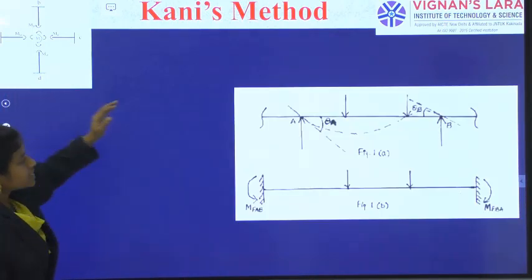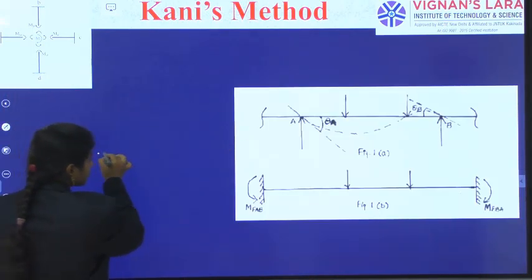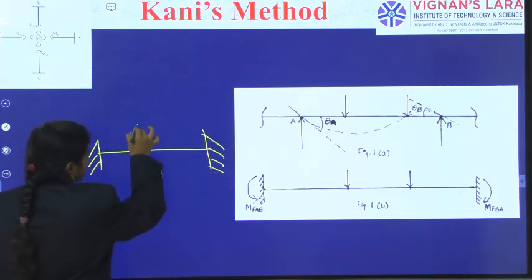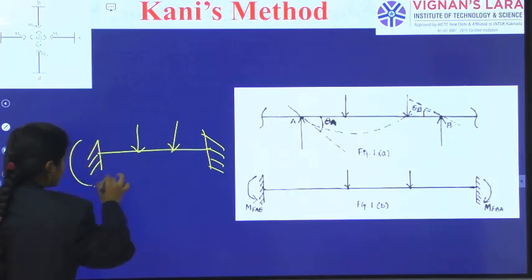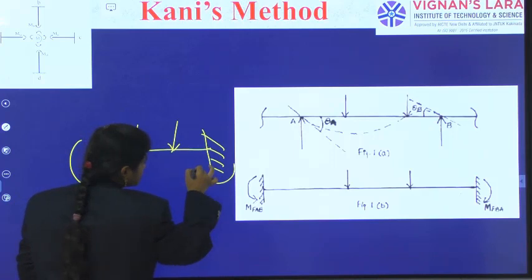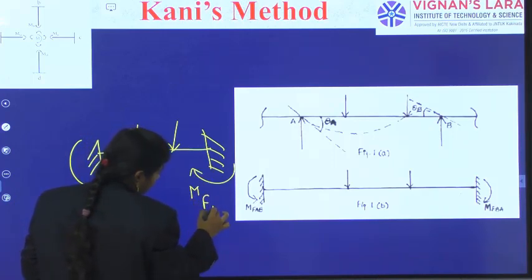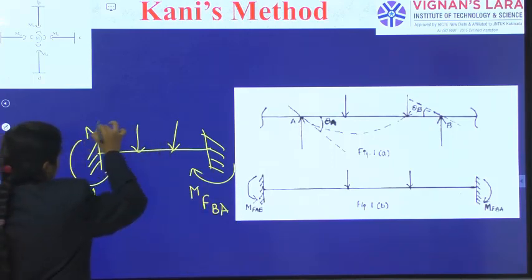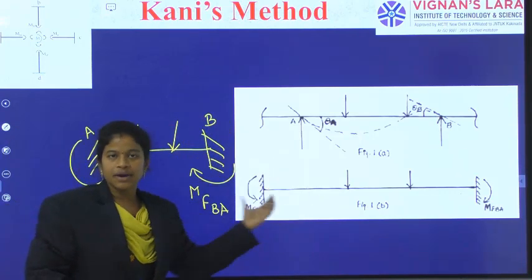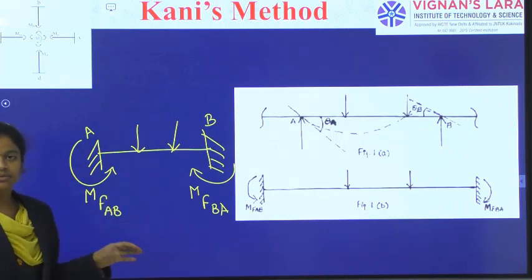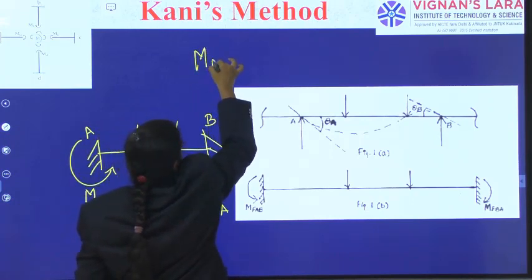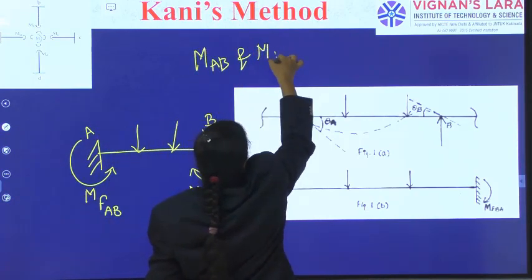Okay. So, see in the whole picture, you can observe the fixed end beam. The original beam structure is having the given loading conditions and it is being subjected to MFAB and it is being subjected to MFBA at A and B. Okay, so the given span I have considered as a fixed beam and I have written the fixed end moments in the next step. So one by one we will solve for the actual support moments. So the main target is evaluation of MAB and MBA.